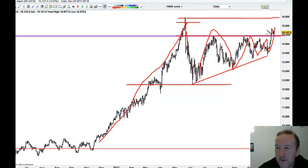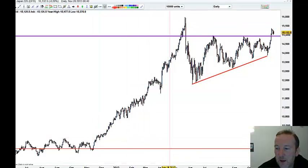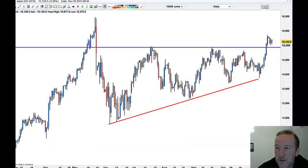We are extended, no denying we are extended, but the fact that we can burst up here and hold this level, hold 15,000 at the moment, bodes very well, and unless we immediately close below that, I would still buy lows. If we now refer to the DAX,